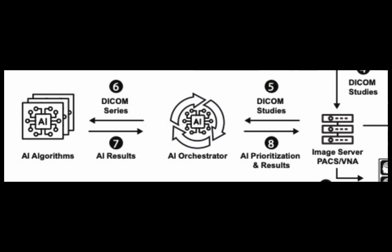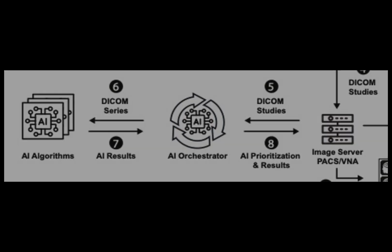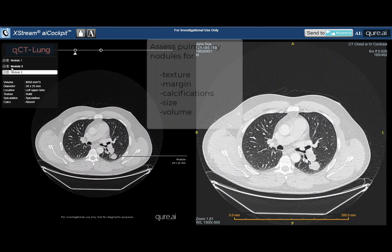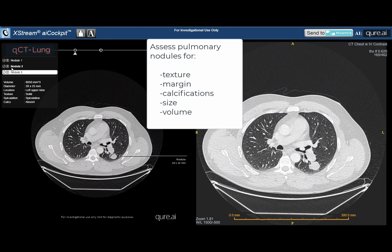The exam is performed, and as before, images are sent to the Siemens Sectra PACS for storage and to AI Monai Orchestrator, which sends the exam to Qure.ai QCT algorithm. The QCT algorithm performs an analysis of CT chest images for lung nodules. The QCT lung algorithm detects pulmonary nodules and describes pertinent characteristics such as texture, margin, calcifications, as well as size